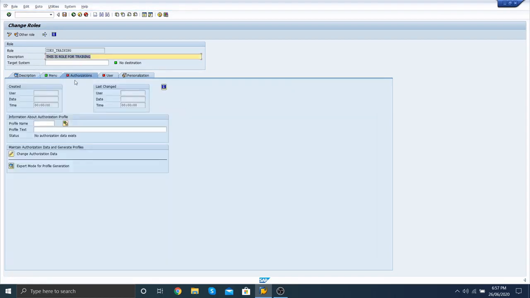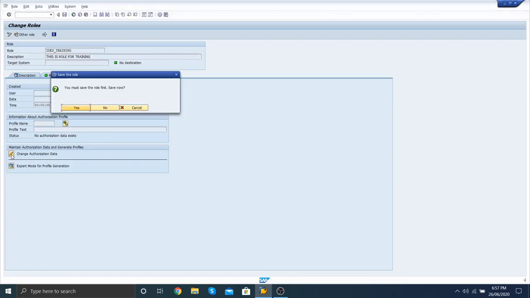The next tab is authorization. You can select this authorization type and change authorization data from here. Select, you want to save first, yes.